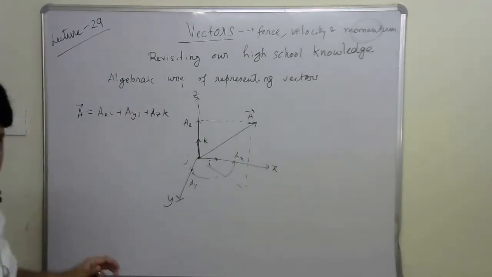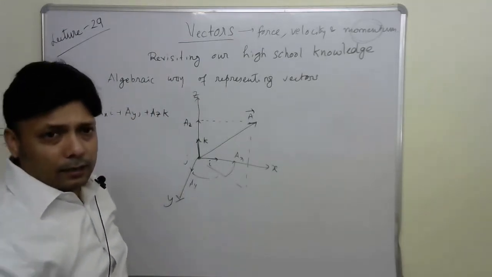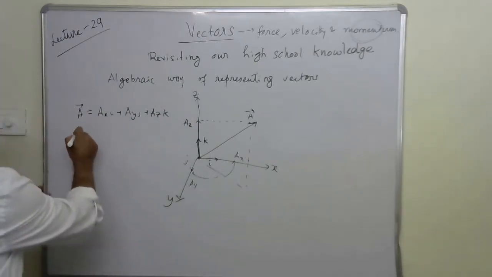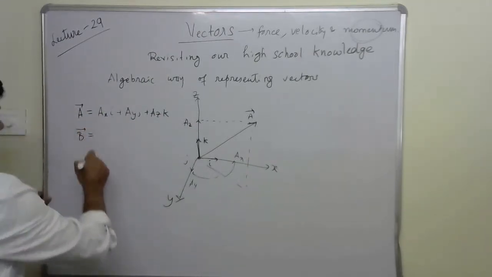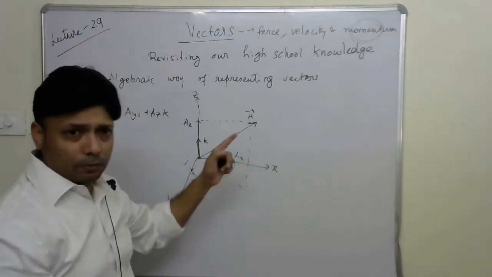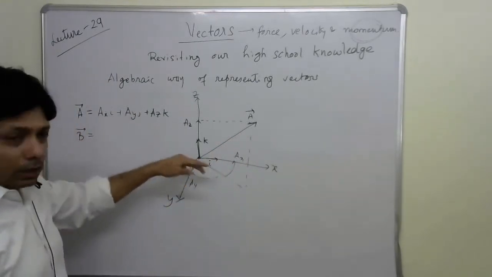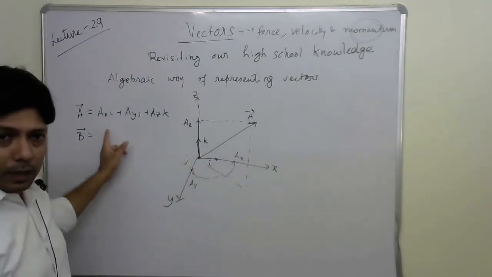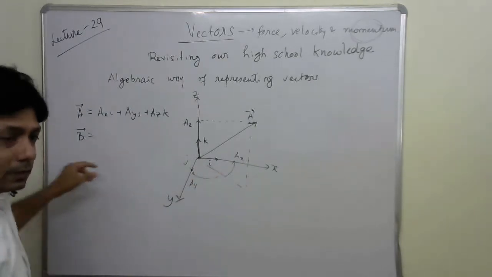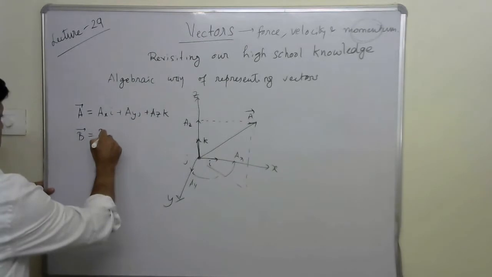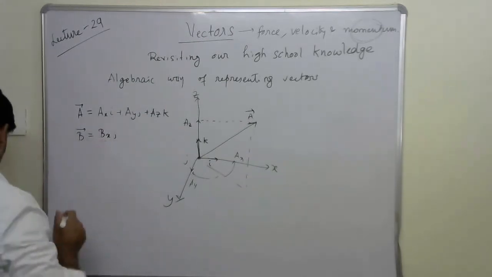Alright, this is simple. And then what if we think about another vector B? Let's imagine there is another vector B where the components along i, j, and k directions are Bx, By, and Bz respectively. So we can similarly represent it,